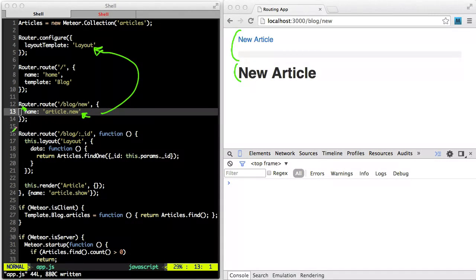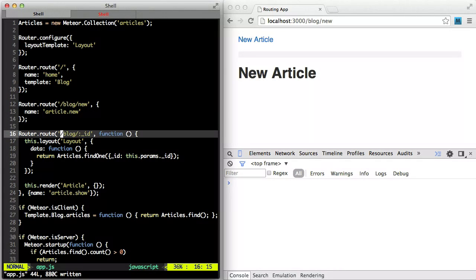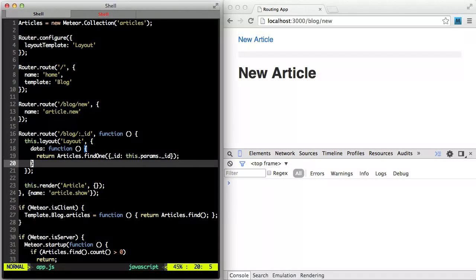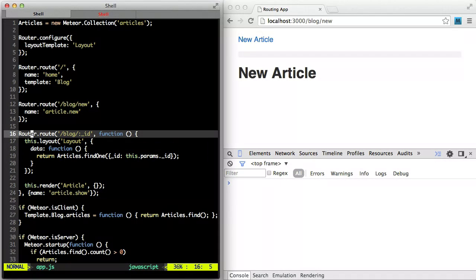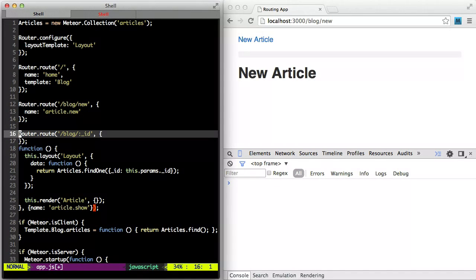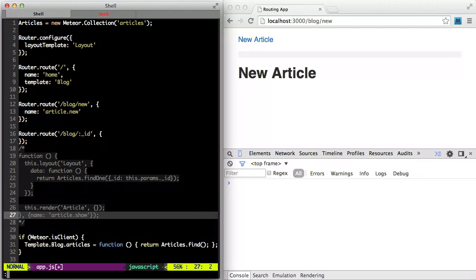Next up, let's change this next route. Once again, in this case, we're not doing anything special except for setting a data context for the layout. But it turns out we can provide that as an option as well. So instead of providing a route function here, since we're not doing any custom logic, what I will do is provide some options